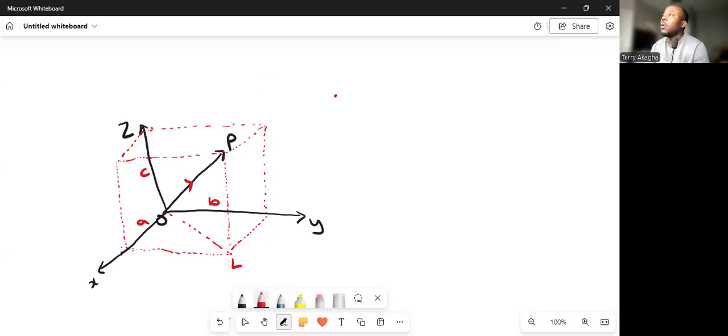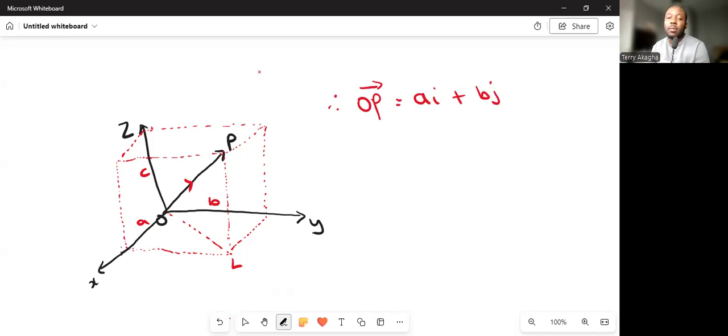So therefore, OP is a combination of 3 components: the A, which is the X component, plus the B, which is the Y component, plus the C, which is the